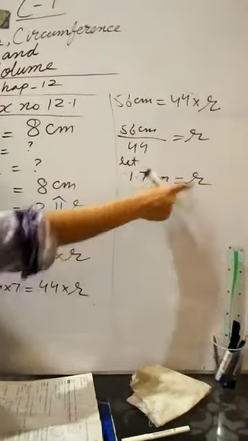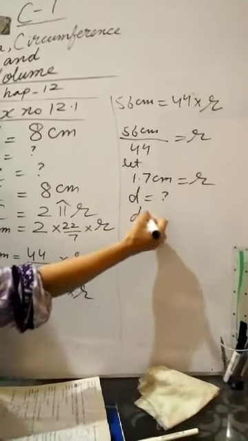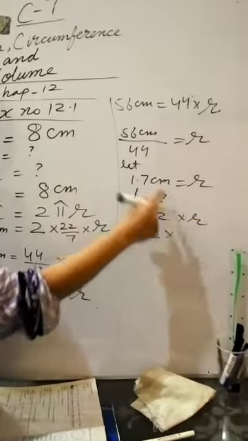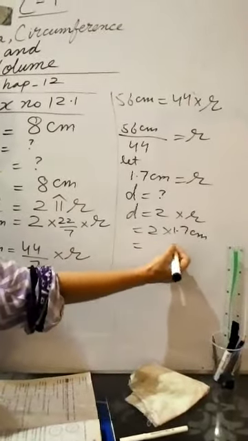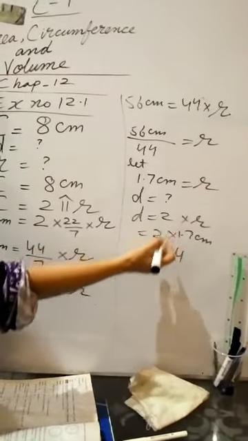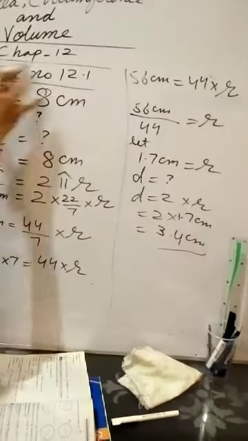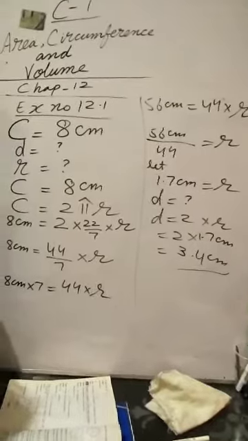Now we got the radius. Now put the formula for diameter. Diameter is equal to 2 multiplied by r. Put the value of r, 1.27 centimeter, and then you will get the answer, 2.54 centimeter. So these are the steps for putting the values and finding the values. Thank you.